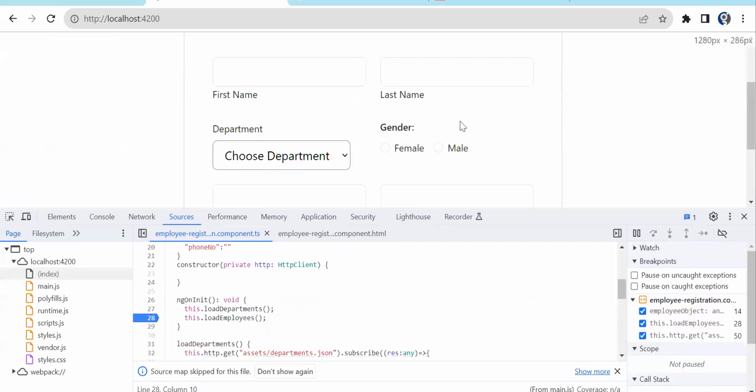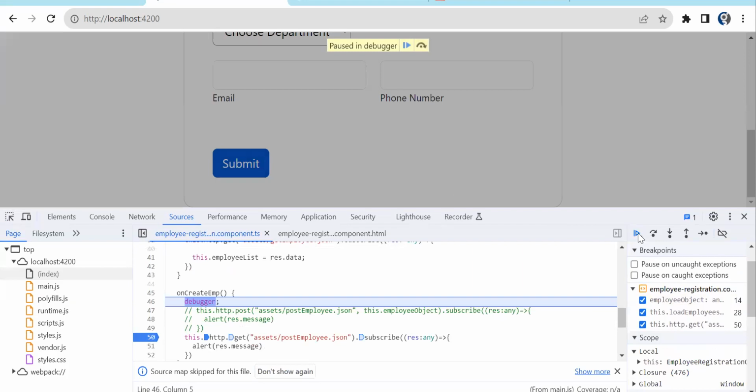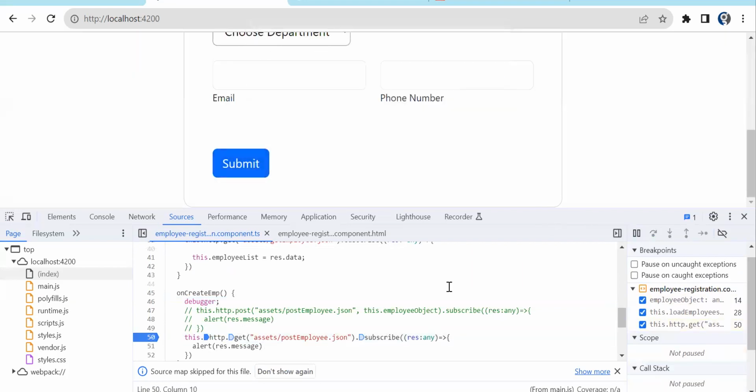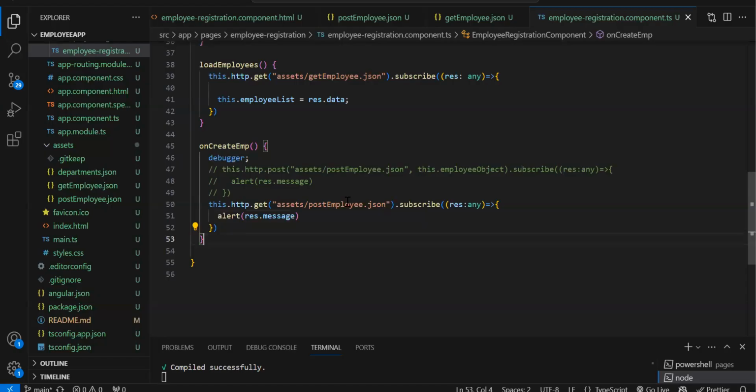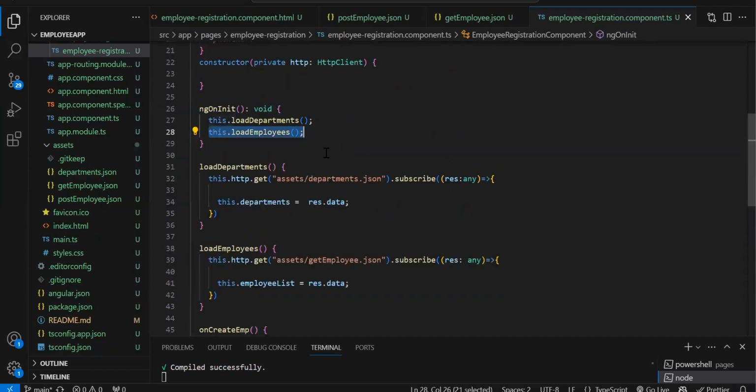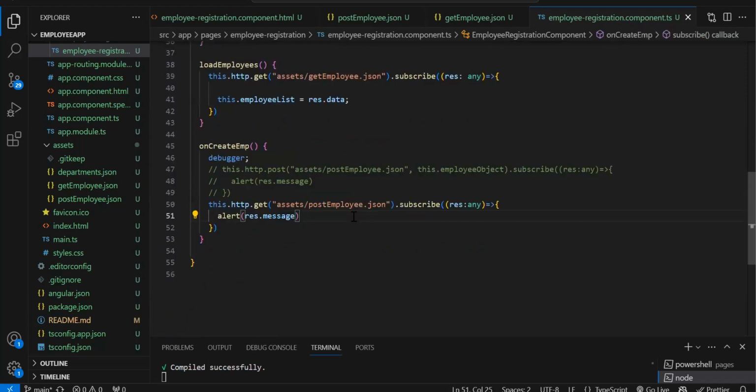Let's try to hit directly submit. Continue, continue. Yes, so you can see the employee got created successfully, we have got the message. So in a normal application, when we save or create any record, we normally call the get API, right? So that also we have to take care. This function, again, we have to call over here once we successfully save the data, so that new records